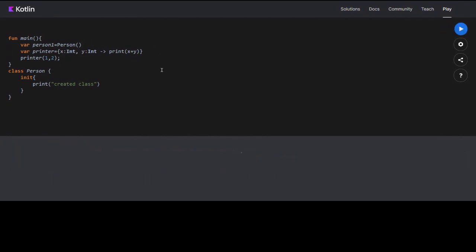Okay, see, 3 is printed here. So printer is actually assigned to a function, that is this one. Whenever you call printer with two values, it will execute this function.